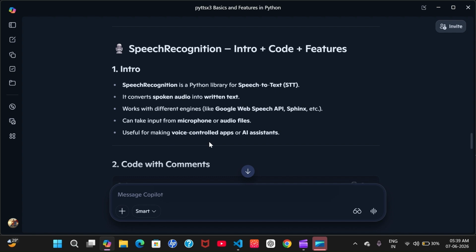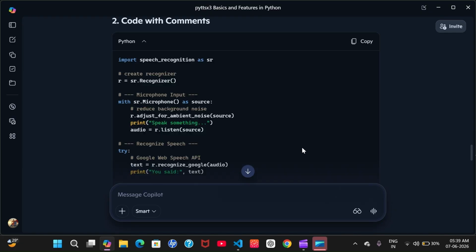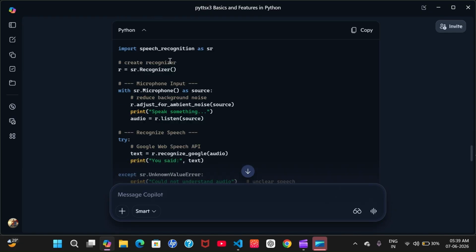See, first of all, it is also an external library. So you have to pip install SpeechRecognition. One more thing. Along with speech recognition, you have to pip install PyAudio, because speech recognition can't work without PyAudio. What is PyAudio? PyAudio is a library which gives access to the microphone, the audio system of your machine. So it is a must to remember that you must have PyAudio.